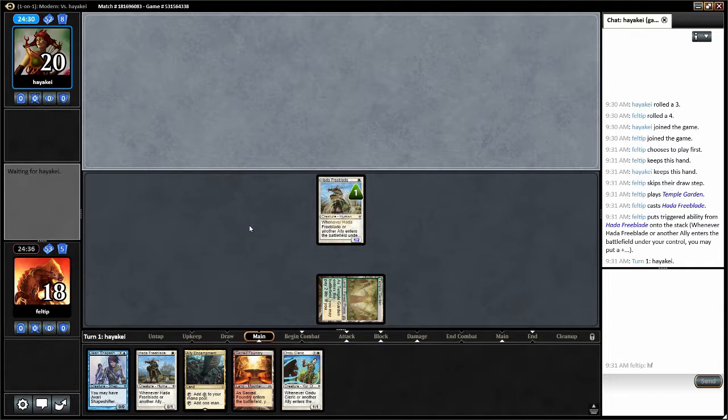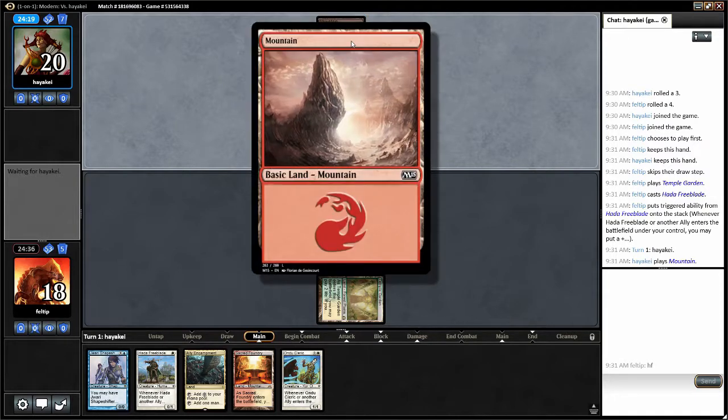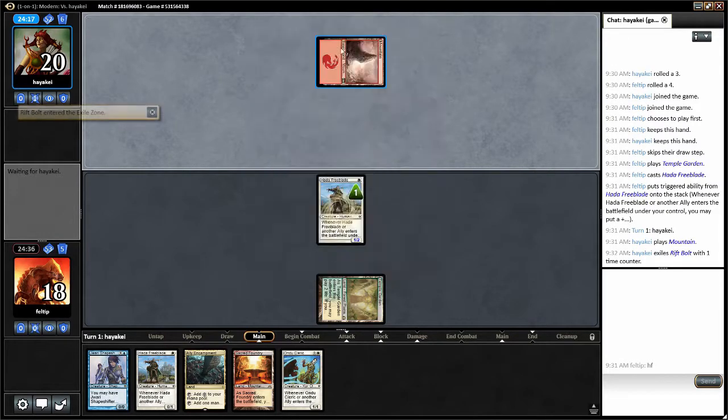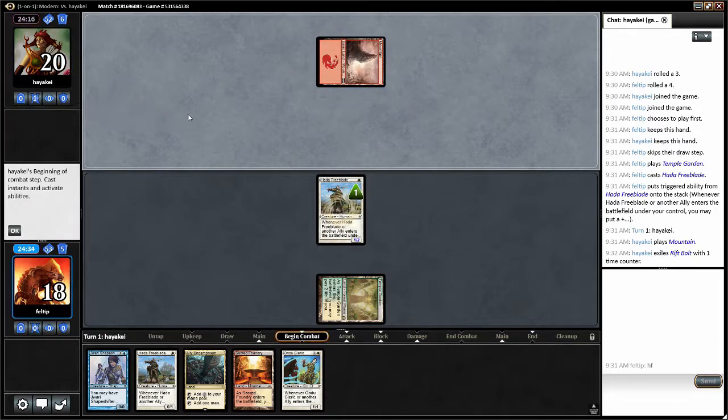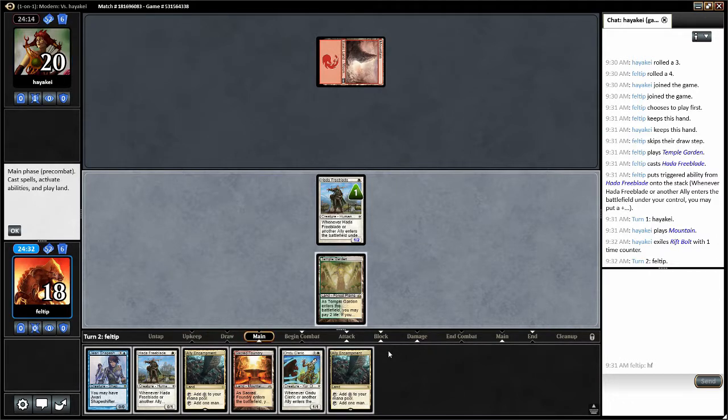Never seen that avatar before. That's pretty cool, actually. Some kind of tribal archer thing. That's sweet. Ooh, mountain. Just straight up. What is this? What art is this from? M15. That's cool. I like that. Suspends Rift Bolt. Okay, so we're playing against Burn. So,